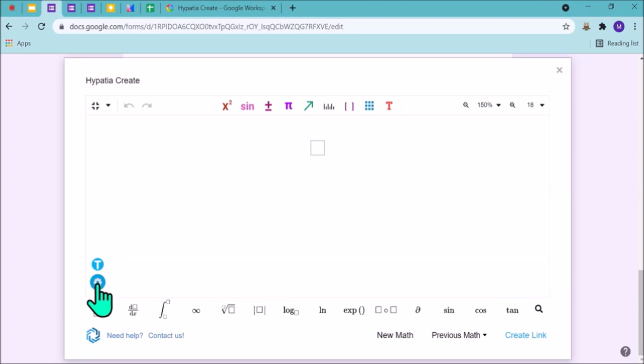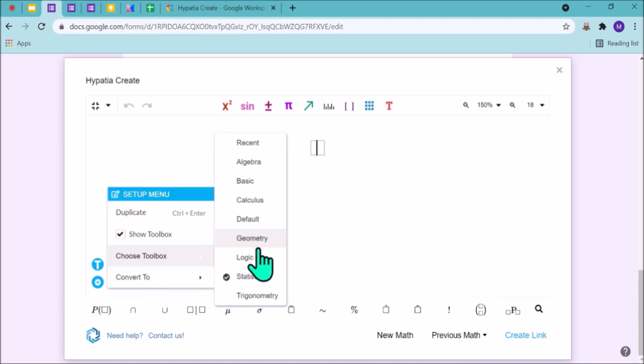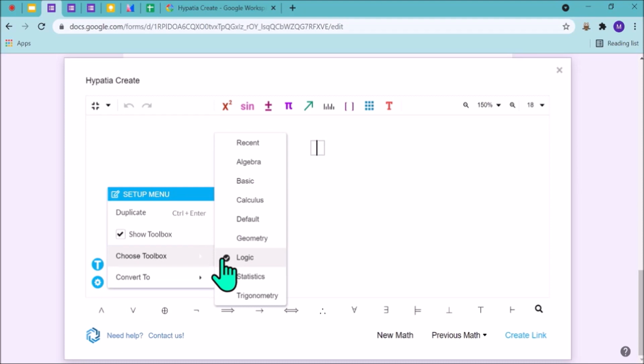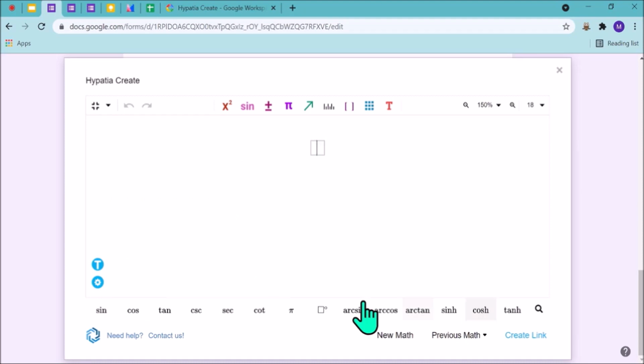Statistics symbols are also there. Conditional probability is here. Logic is there, these symbols of logic, and then trigonometry. Trigonometry also we can use.